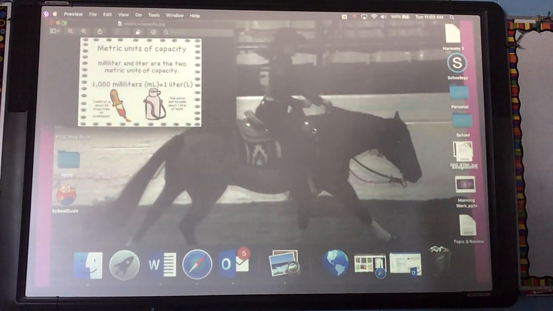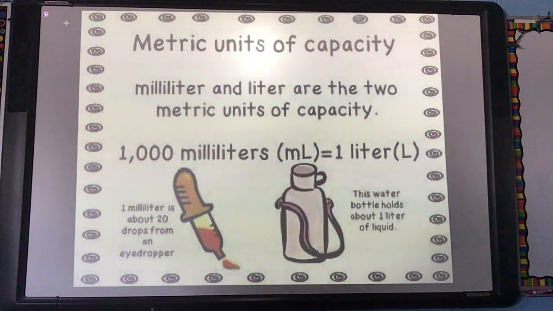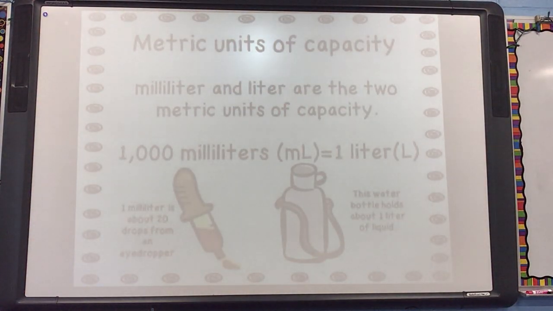Lights on. And actually, I'm going to leave this up here, and we're going to do some problems together looking at capacity. All right, so in your math notebook, ladies and gentlemen,